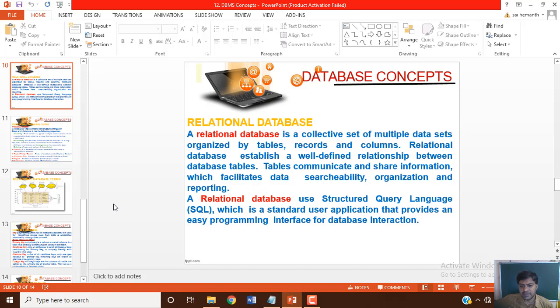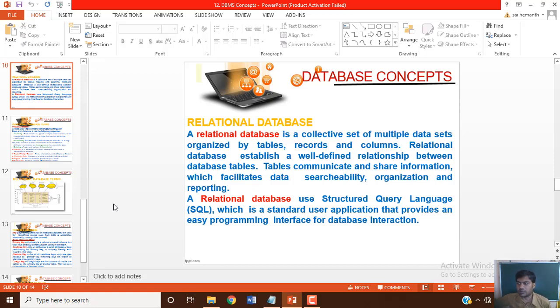In the same manner, we saw the need for a database management system and its advantages. Then we saw how a model is designed, what a model is, and what the different types of models are. Then we saw record-based models: hierarchical model, network model, then relational model and object model. Among these, the one we are going to proceed with in our example is the relational data model.